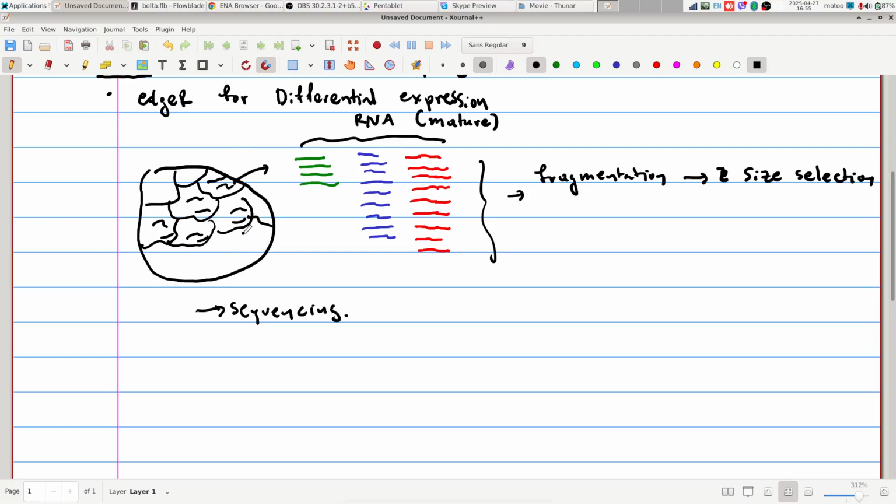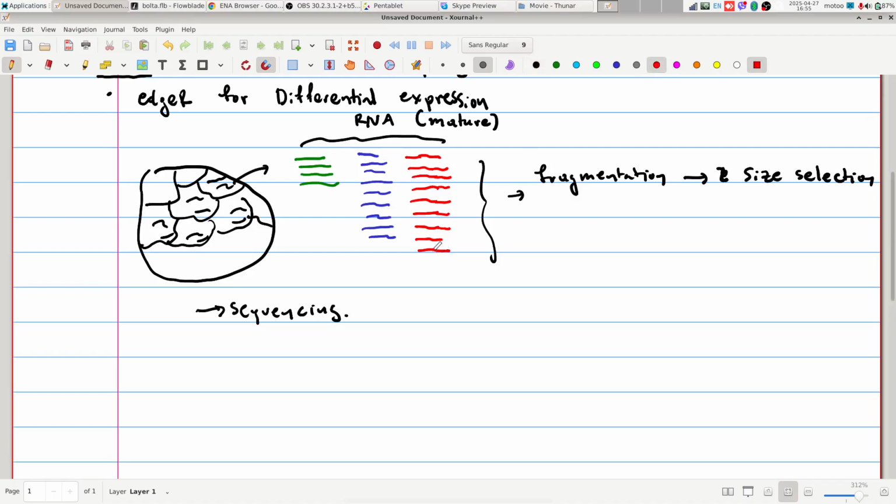So a few things that are worthwhile to remember are the following. These RNAs here may come only from one strand of the DNA. Why? Because expression may happen from one of the two strands, not both of them. The other thing that we need to remember is that we don't have introns here, which means that it's possible